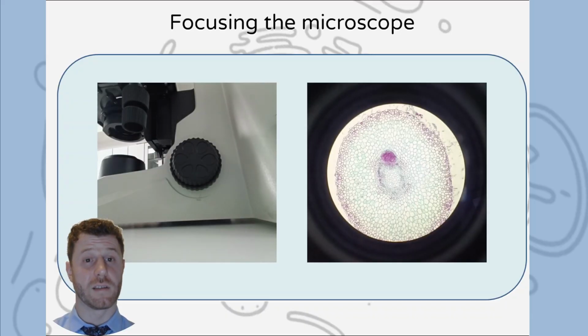And there you have it, guys. That's how you focus on the specimen. It seems really tricky when you're actually doing it, but with a little bit of practice you will get there. So don't give up and make sure you keep practicing before you get to that exam if you do have